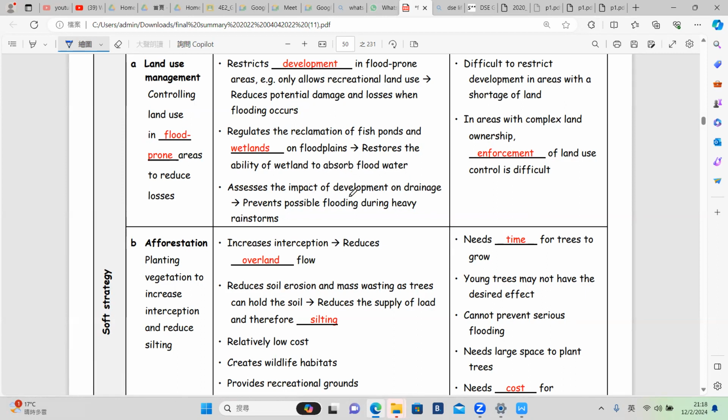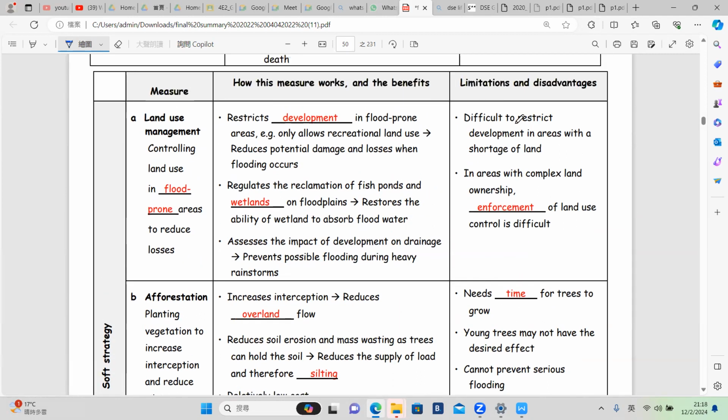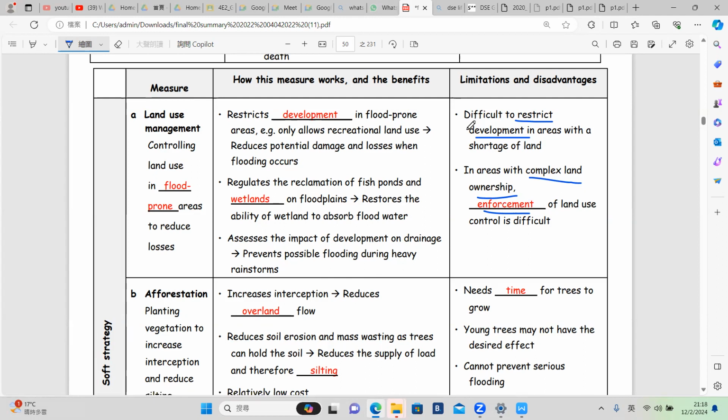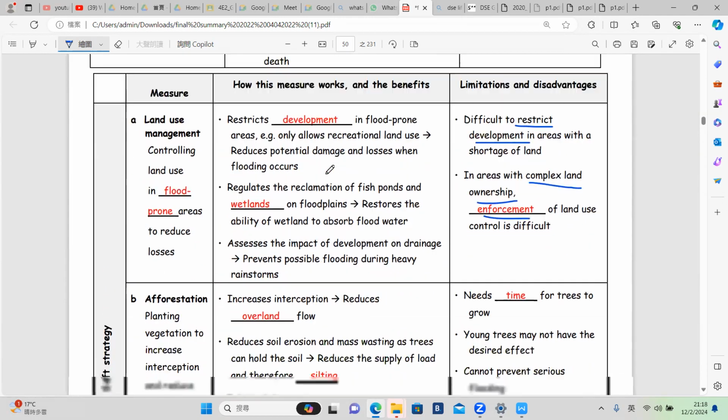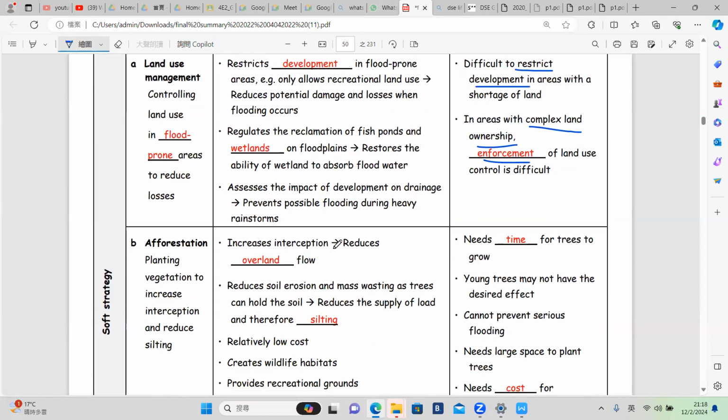Assess the impact of the development on the drainage. But the problem is, it is difficult to restrict the development area, complex land ownership, and enforcement is difficult. Which is more or less alike with the CP1 as well. What you know in CP1, why not use it here? I'm not saying I don't allow you to choose CP2, if you are familiar you can really choose it. But you really need to be familiar, again it is the same point: